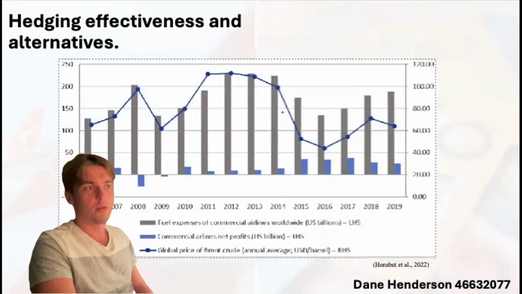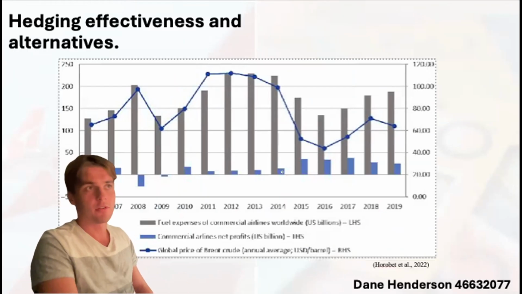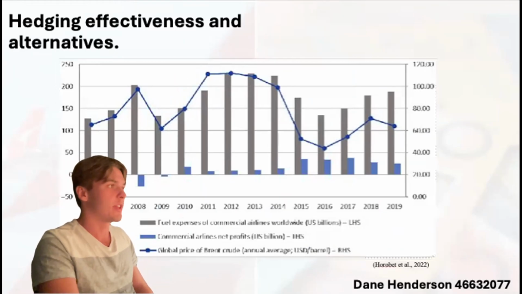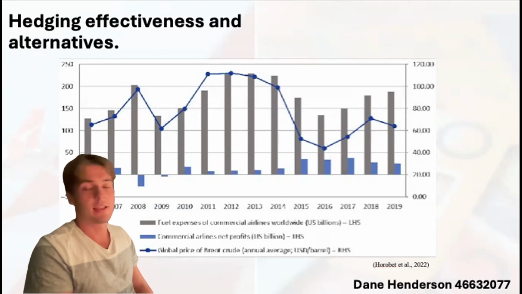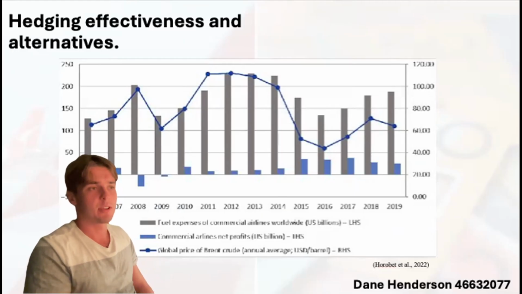The huge drop in 2014 for Brent crude oil was very good for a lot of airlines, but if you were super hedged against that, you'd miss out on that. And we saw that. We saw that Virgin Australia's derivative position had a $209 million loss in 2016, which was around here. And so did Delta in America, who had a $4 billion loss. And now, while that was for specifically commodity hedging, we can see how that could happen with exchange rate hedging as well, because considering that Brent oil is in US dollars, all of these movements, if you're not hedged against,